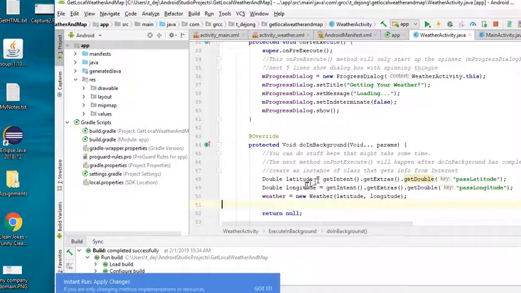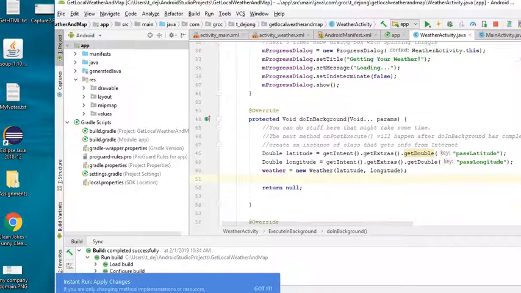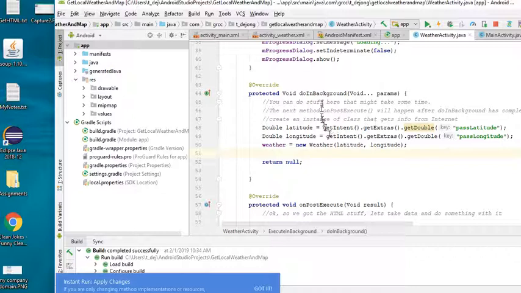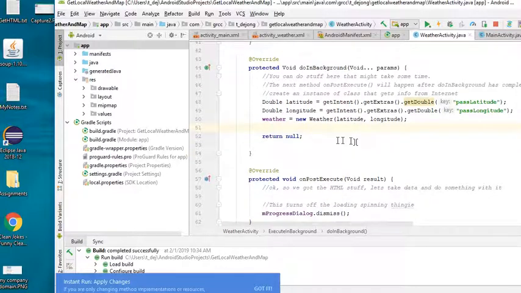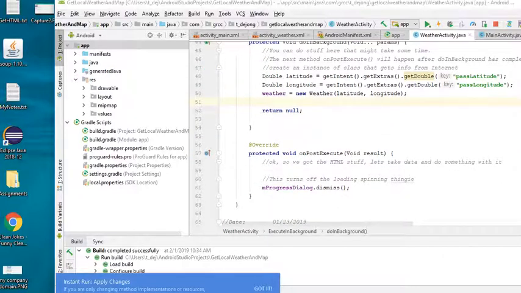What that's going to do, first of all, we got the information from our latitude, didn't we? We passed latitude and longitude as extras in our intent, if we remember from back in the main activity. And so we're going to do that. And what we're going to do is create a new instance here. It's going to go out there and work, get all that information for us. And when it's done,